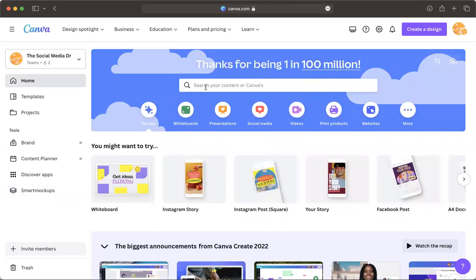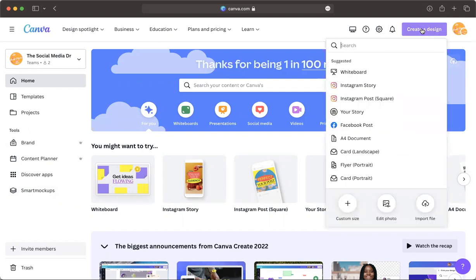Okay, so up here, you can search for different templates. And when I say templates, essentially what I'm saying is there's different sizes and dimensions for everything, as you know. You're not going to post a YouTube video size image or video on your Instagram story. You're going to want it to be an Instagram story size. So everything has a different dimension, and you can come on here and search for those things,